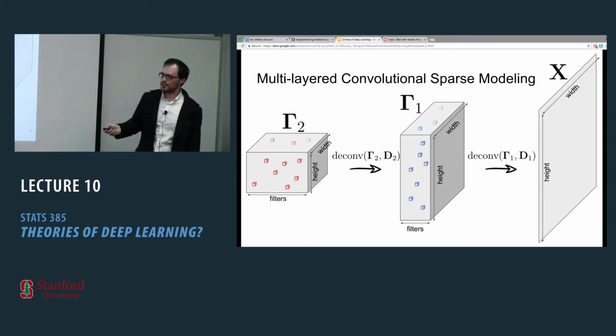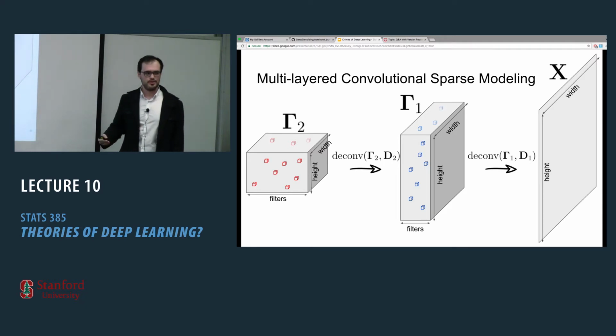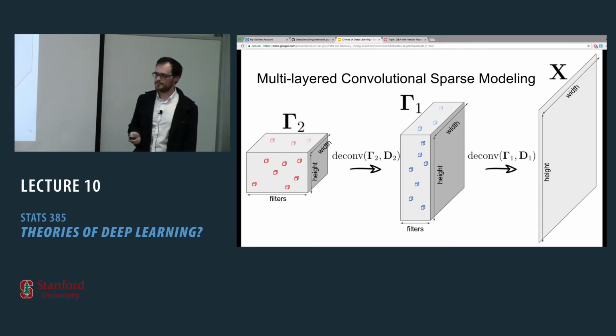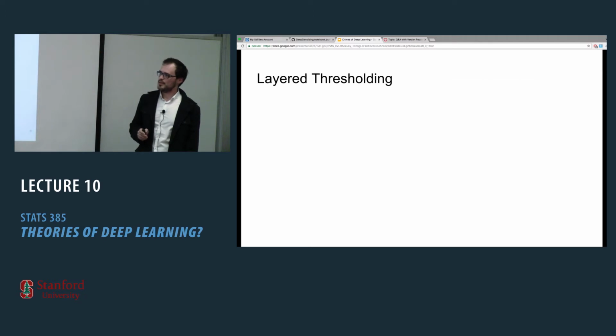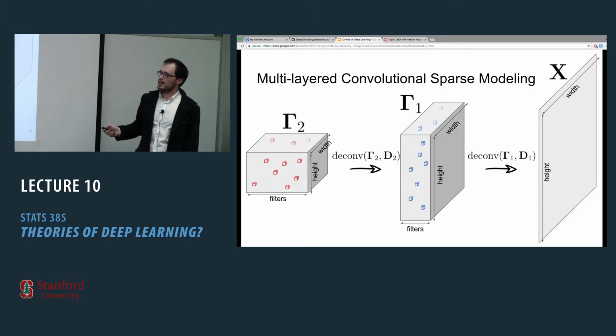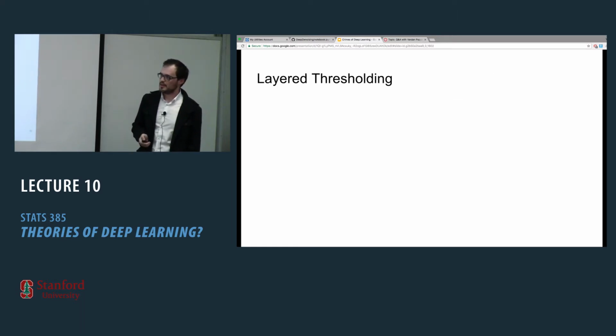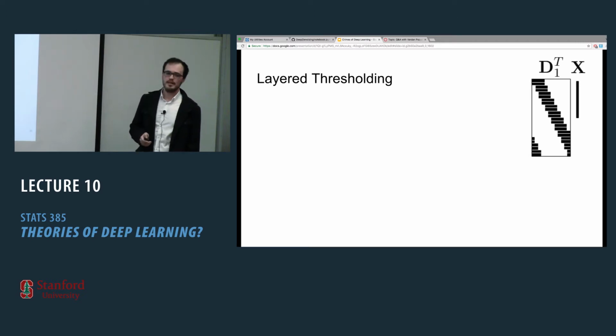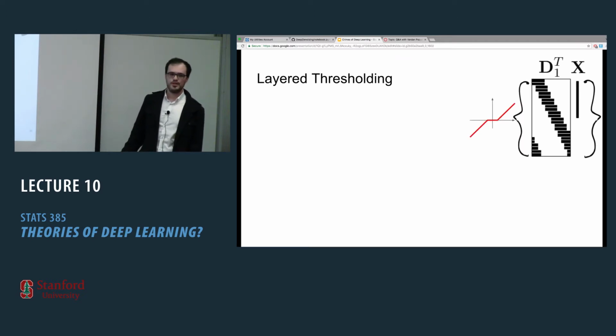Now, the reason I'm portraying it this way is because for some people this is easier to understand, because this is nothing but the decoder of an autoencoder, or the generator of a GAN, or whatever you prefer. Okay, now imagine I'm giving you this signal X, and I'm asking you, can you actually retrieve these representations? And again, I'm in a hurry. I have no time to waste on convex optimization, linear programming, etc. So what would you do? You take the signal X and estimate gamma 1 by multiplying by D1 transpose and applying soft thresholding.